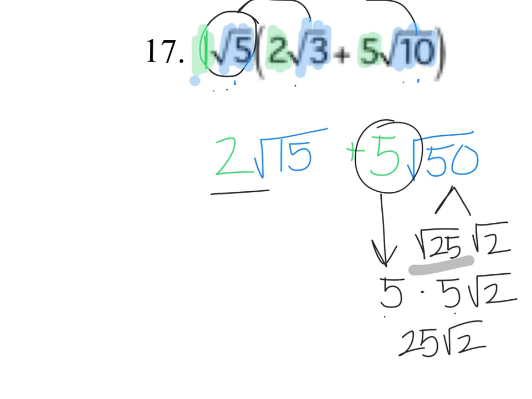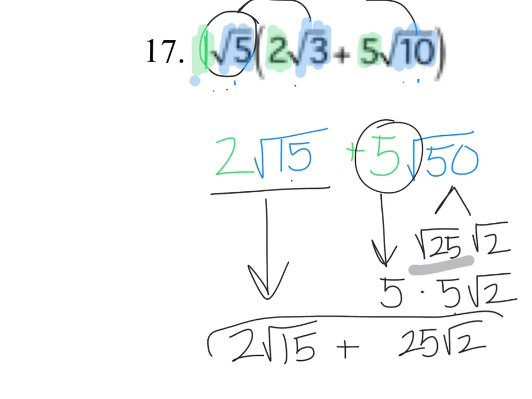If we look back at our first term, let's just look at the radical part. Does 15 contain any perfect square factors? No, it does not, so we just drop this down. And these are not like terms, so they cannot be combined. Thus, 2 radical 15 plus